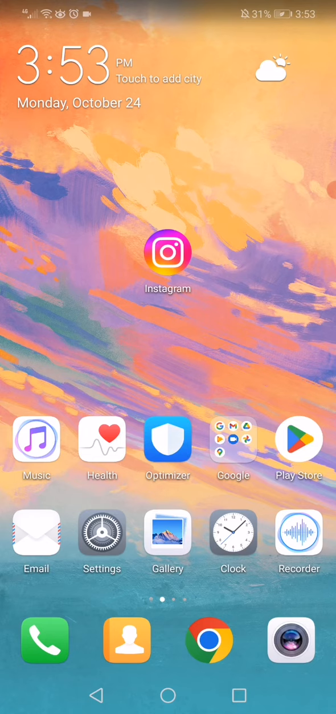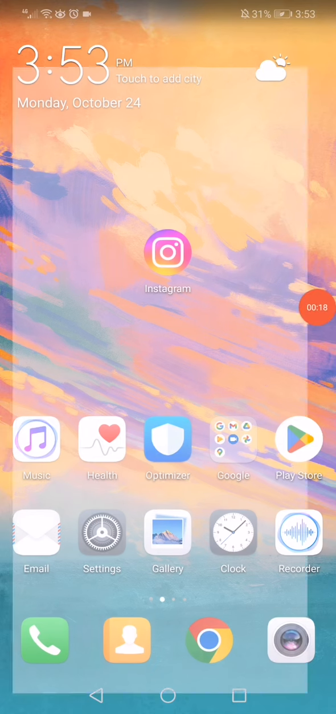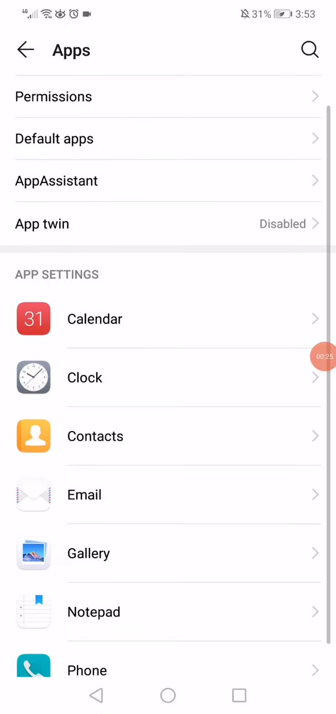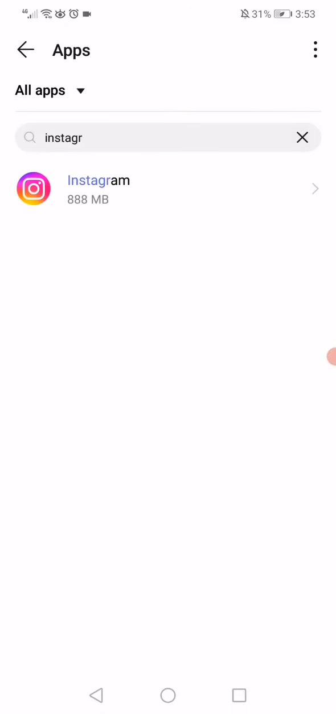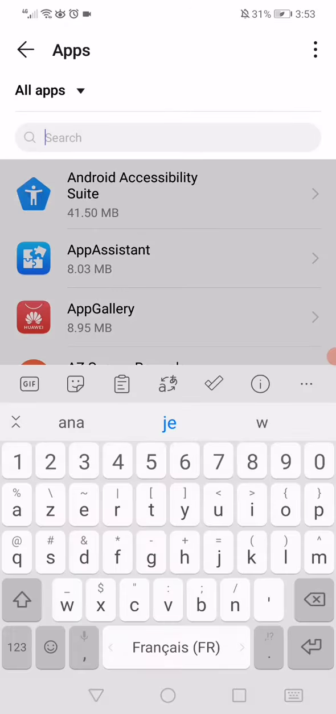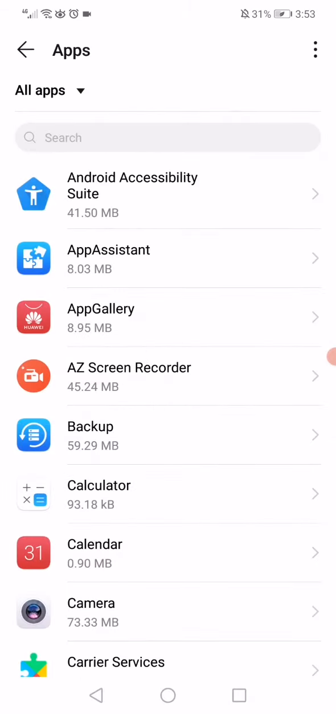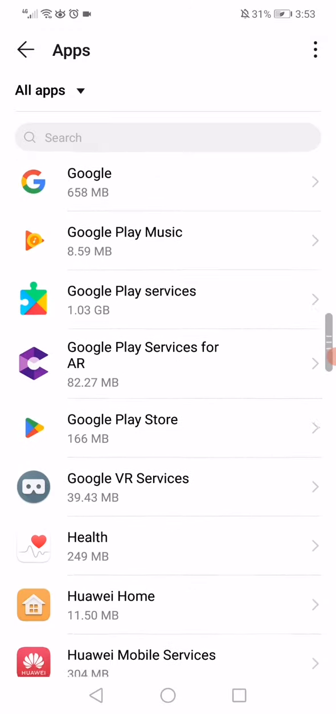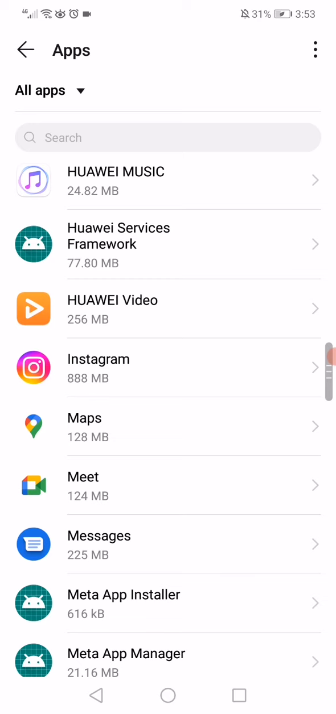First step is to go to the settings on your phone, as you can see right here, and then go to the apps option on your phone, and then go to apps again right here, and it will take you directly to this page. As you can see, on this page you will find all the apps that you have on your phone. So all you have to do is scroll down until you find Instagram and click on it